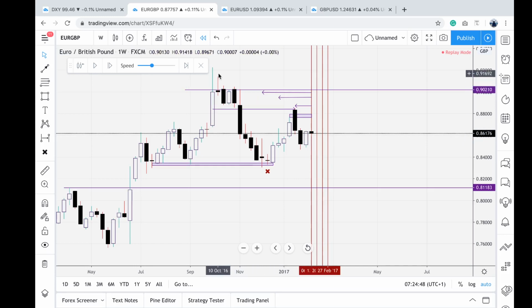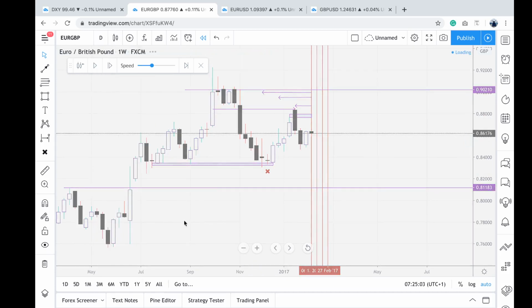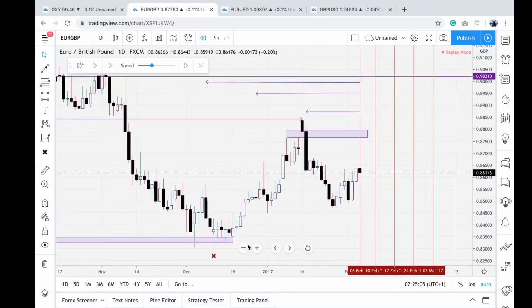And so price basically came to the midpoint of this weekly bearish order block. Price has respected that, and it seems like price is respecting this bullish weekly order block also. So we have to make a decision what we want to see the market do. And basically, if you go to your daily time frame,